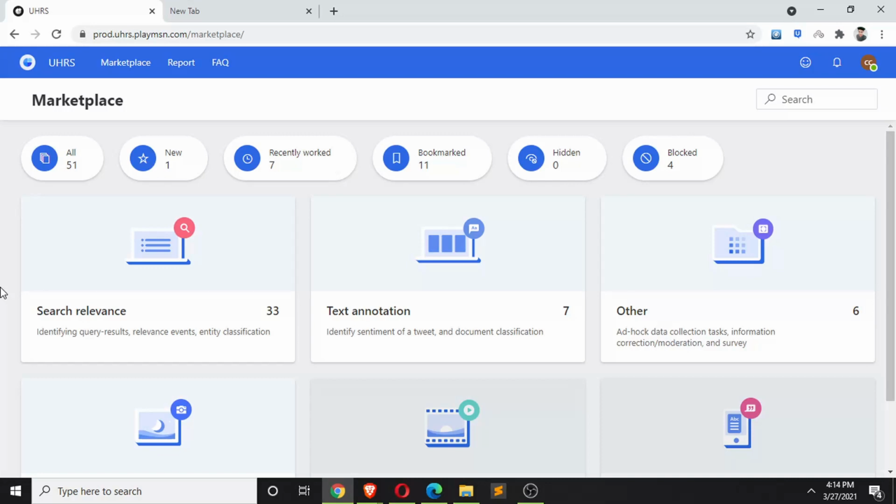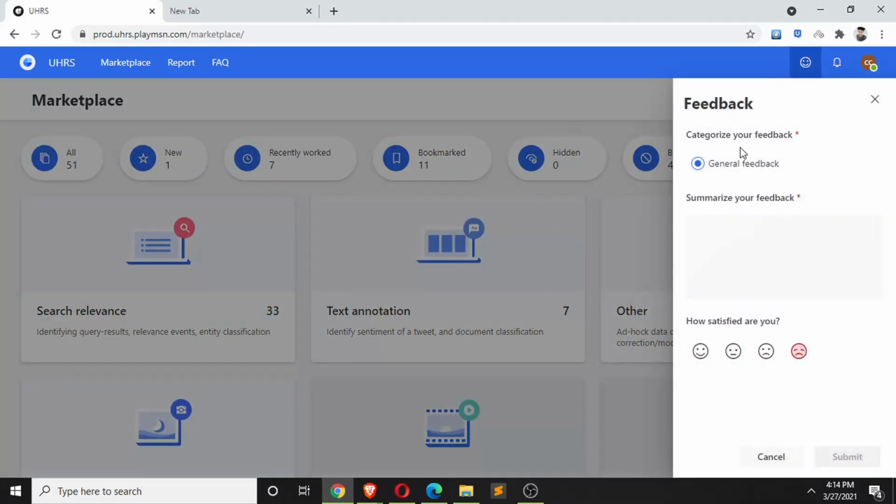Okay, before that I want you to do one thing. Please everyone try to do this. You can see this smiley icon. Everyone click on this icon. After you click on this, you'll see this general feedback. You can summarize your feedback. Just click on this sad button and write that we don't like the new marketplace. Please give us back the old marketplace, right? Please do write that and click on submit. I have done it multiple times today, and if we all send that, it might be very huge for them and they might bring it back. So yeah, please give the feedback to them, right?